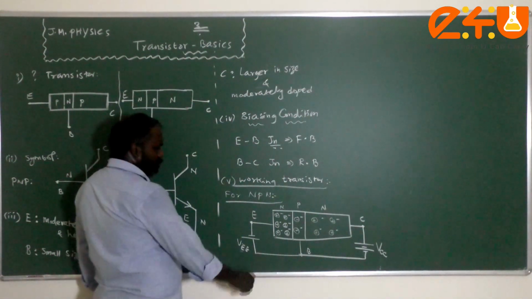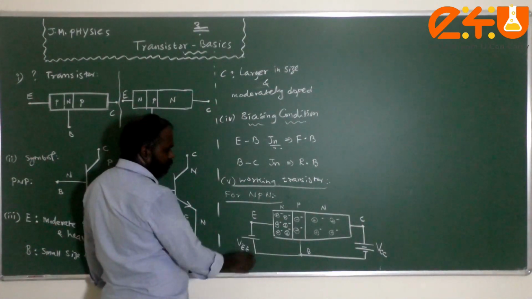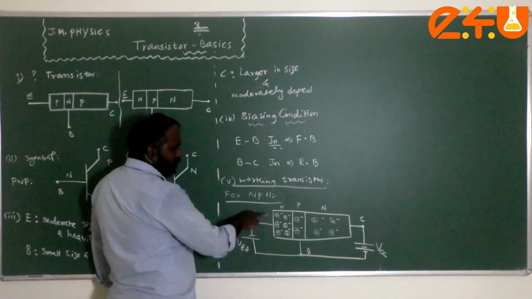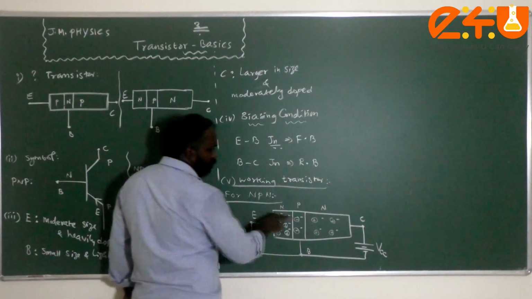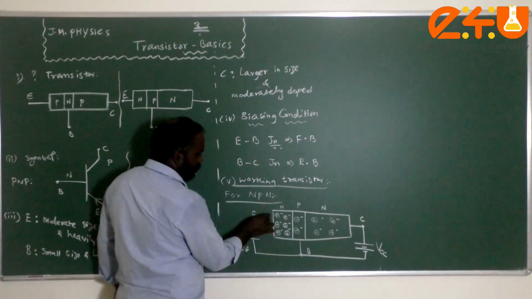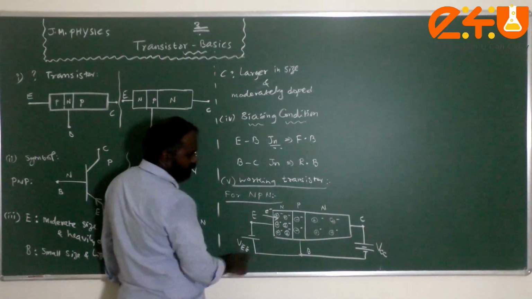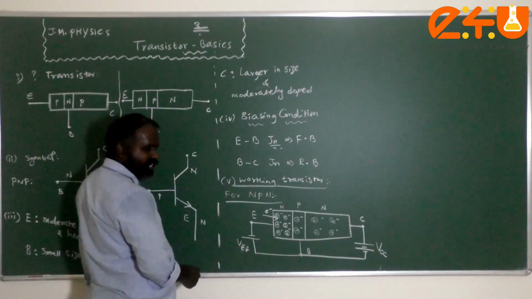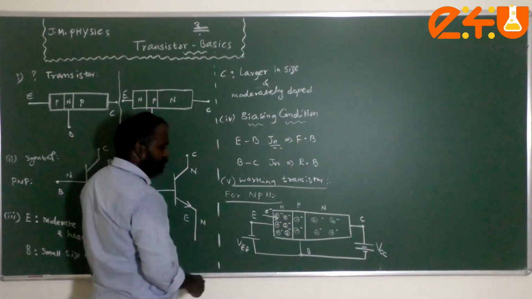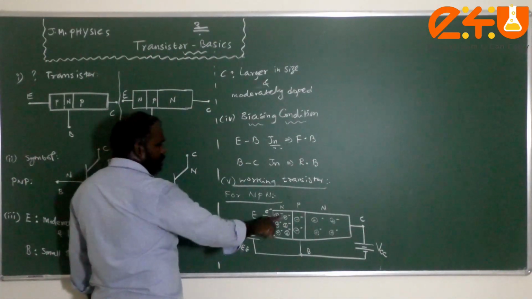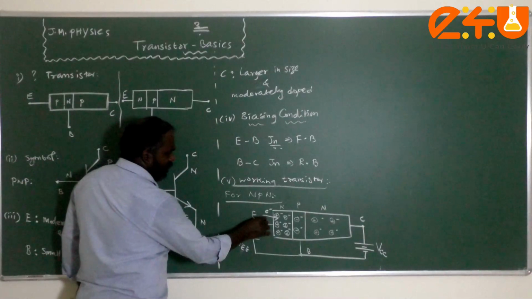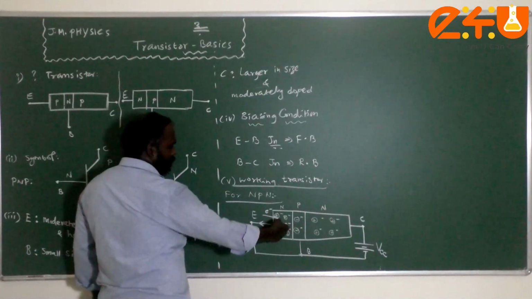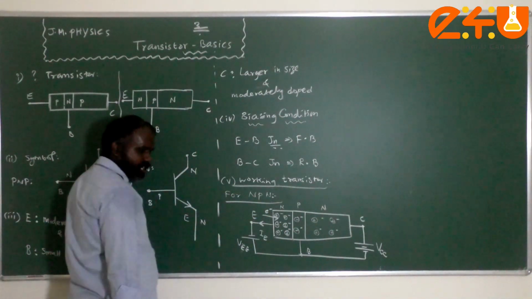Now assume that during the forward bias voltage, this negative potential repels the negative charge carriers in the emitter region. Therefore, electrons go from the emitter towards the collector terminal. This is the direction of motion of the electrons due to the forward bias. We know that the current direction in the external circuit is opposite to the electron motion. Therefore, electrons are going to the right side, towards the base layer, and the emitter current is opposite to that.